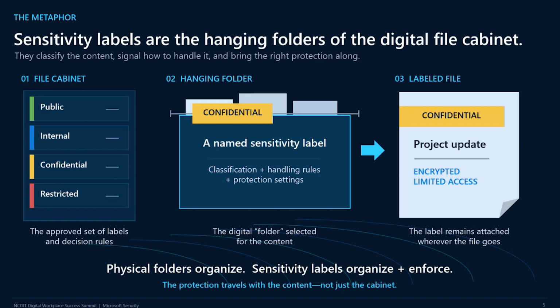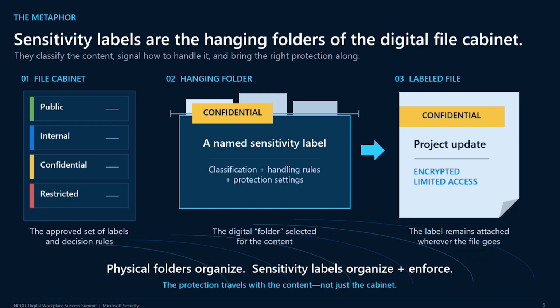I want to step back because we've been talking a lot about just conceptual, these labels are coming. I like to compare sensitivity labels with old school file cabinets. I am probably dating myself right there when I say I used hanging folders for the longest time. I still use them today. If you think about the concept of a file cabinet, that could be your folder out in SharePoint or your SharePoint site. And that hanging folder that you're putting your data in, whatever that tag is that you're putting on that folder, think of that as your sensitivity label.